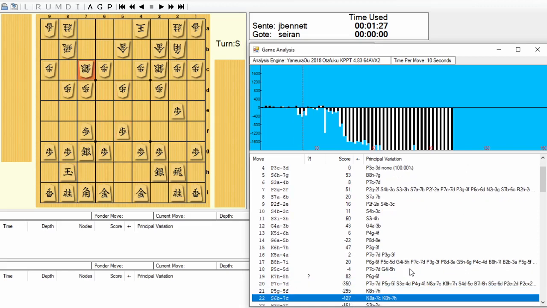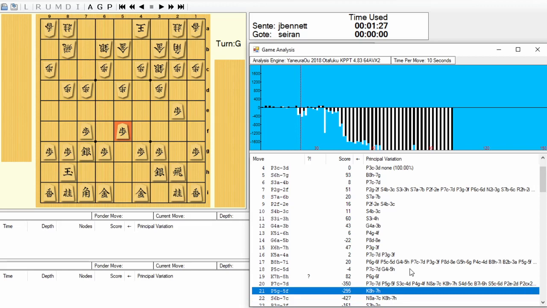And now here, he didn't play the strongest move. He brought his silver there. But what Elmo wants Sente to play here is to bring the knight out. And I think here's the point. If there was a pawn on this square,